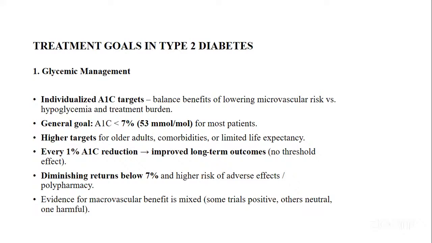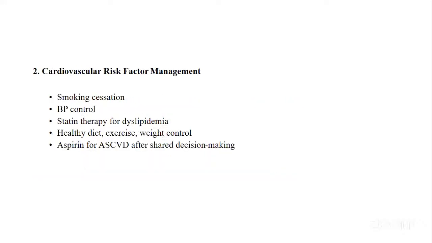But for older adults with comorbidity and limited life expectancy, we can relax this target. The reduction in macrovascular complications is mixed. Some studies showed a positive effect, others neutral, and one study showed a harmful effect. So the benefit is mixed, and the other goal is cardiovascular risk factor management, like smoking cessation, BP control,